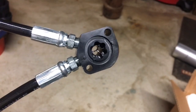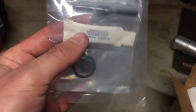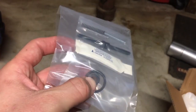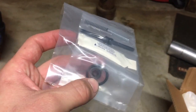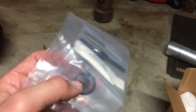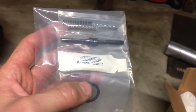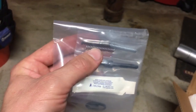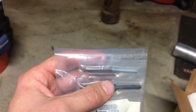It's got a groove in here to receive an O-ring, and in the little package they give you the O-ring, and this is one of those fuel line, the stock fuel line type seals. I'm not for sure exactly why you need that, but